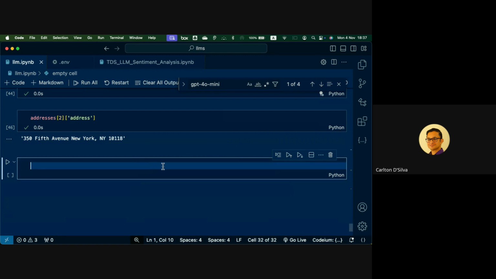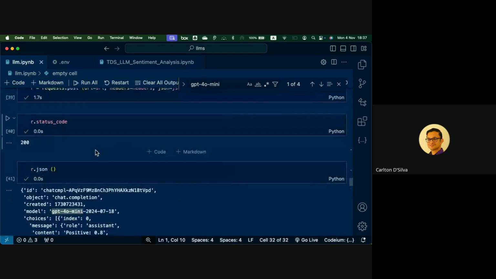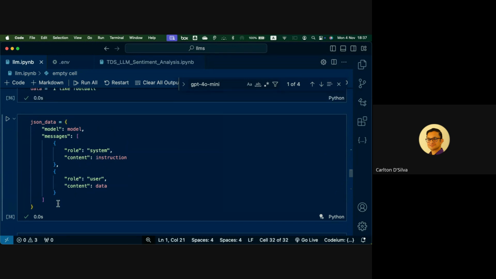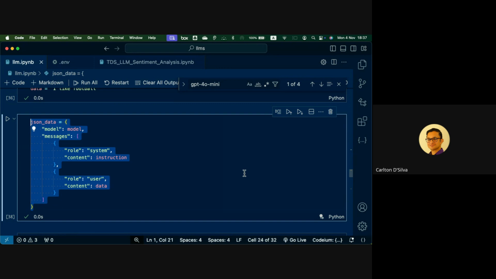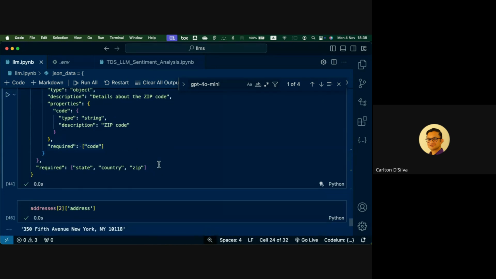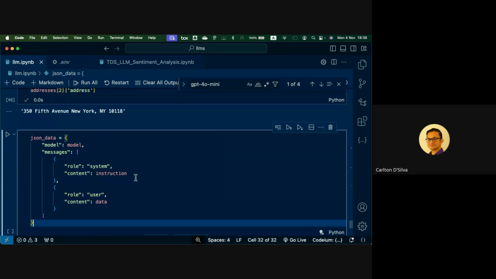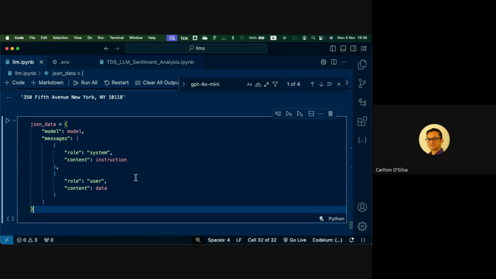So let's go back to our initial model that we constructed. Where was it? Yeah, this one. So is that down here? Okay. Now this time it's going to be a little more complicated. This was our basic typing in GPT, sending a prompt. It gives us a response, and we're all happy with it. But now we're going to do some real adult stuff, some grown-up stuff. So this model will change a little bit. We'll still have the same thing. We'll have a model. Okay, that's good. But now we're going to do something additional.